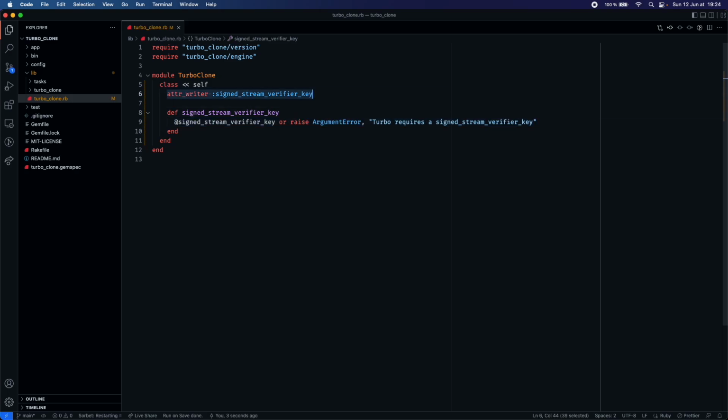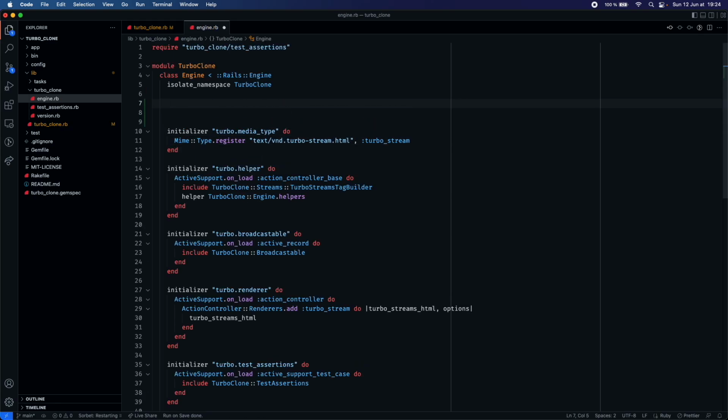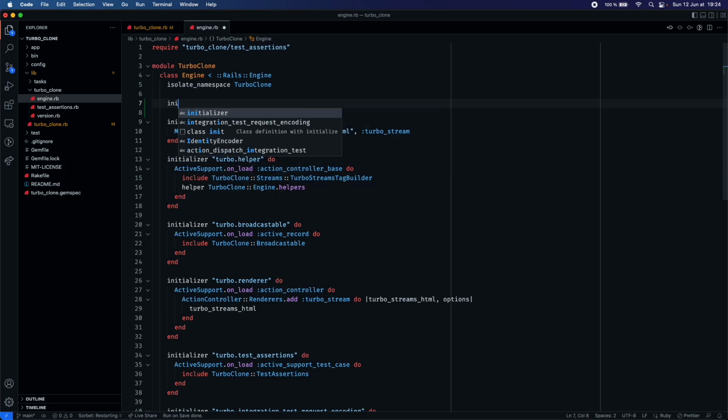So now that we are able to get and set the secret key, we need to enable this key to be generated. And to do this, we're going to rely on two different options. The first option is that maybe the user wants to provide his own key. And if he doesn't, then we will generate automatically a key for him. So to do this, we're going to go in the engine and add a new initializer